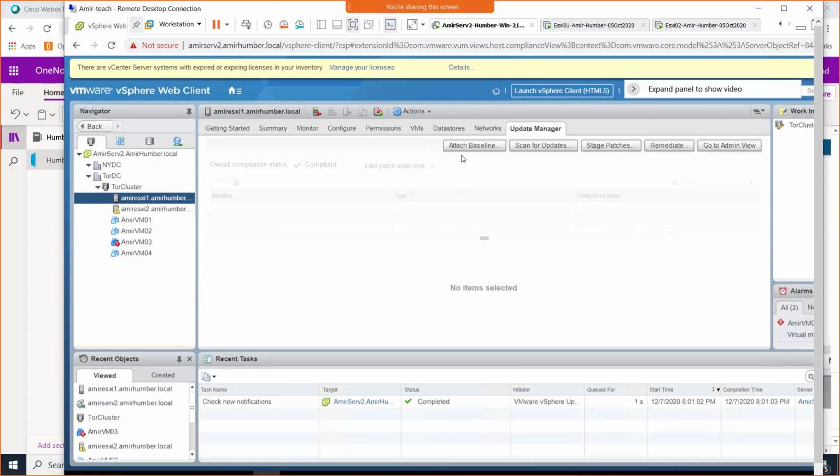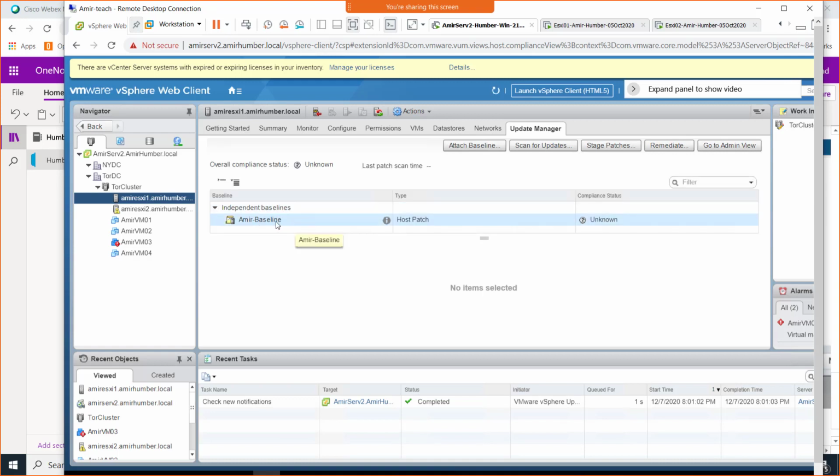Once we attach the baseline, and it's still doing that, then we scan this. Whenever it shows, it didn't show to me till now. So what happens is that the baseline shows here. Okay, now it's showing.